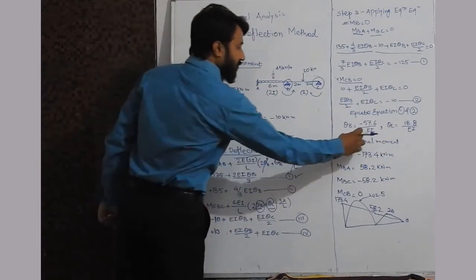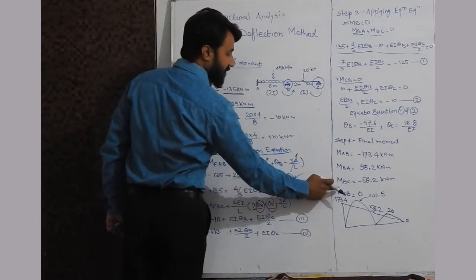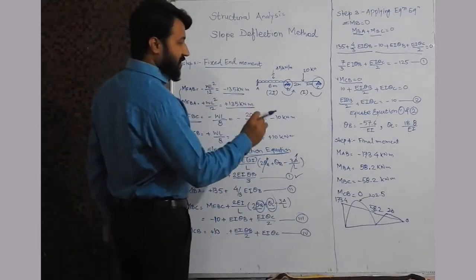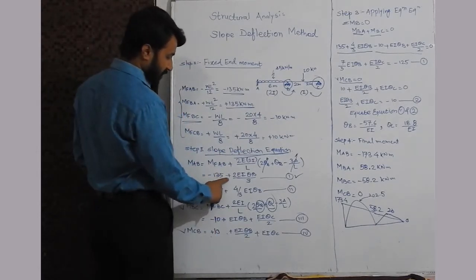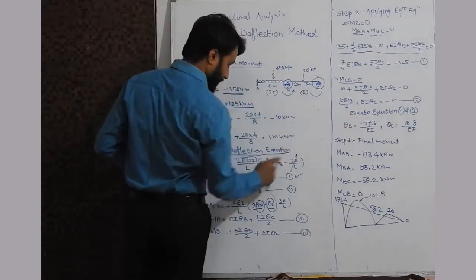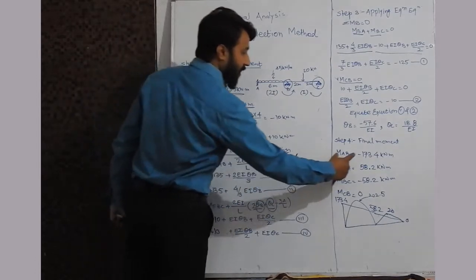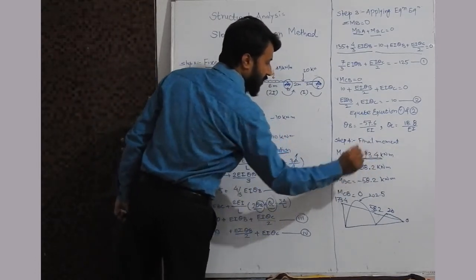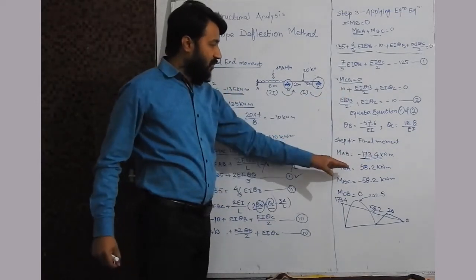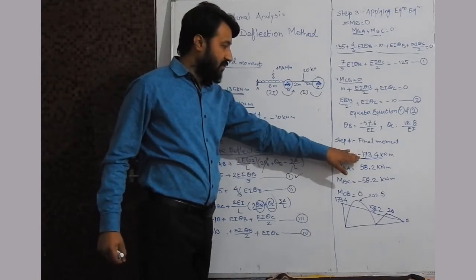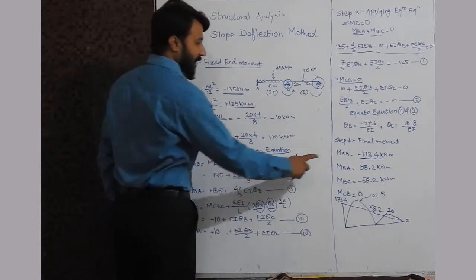Now what we have to do is put the values of theta B and theta C into these equations and you will get the final moments MAB, MBA, MBC and MCB. And simultaneously we have to check the equilibrium condition. Now MAB is minus 135 plus 2 EI theta B, with theta B as minus 57.6 divided by 3. If you put the value of theta B in this equation, you will get the final moment as minus 173.4 kilonewton meter. I am directly writing it over there, but you have to write all the equations, put the value of theta B, calculate, and write this answer below the line. So this is the two-line answer, but I am writing only one line, directly writing the answer.